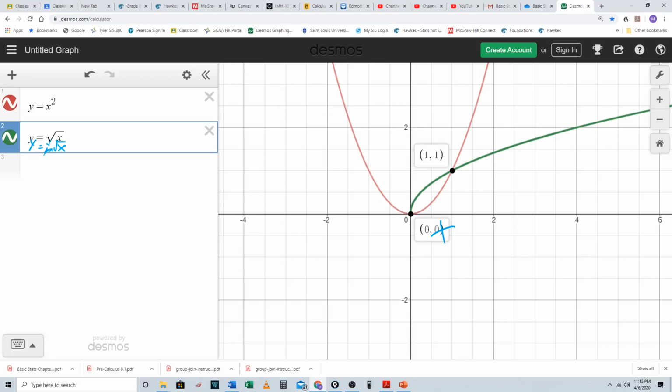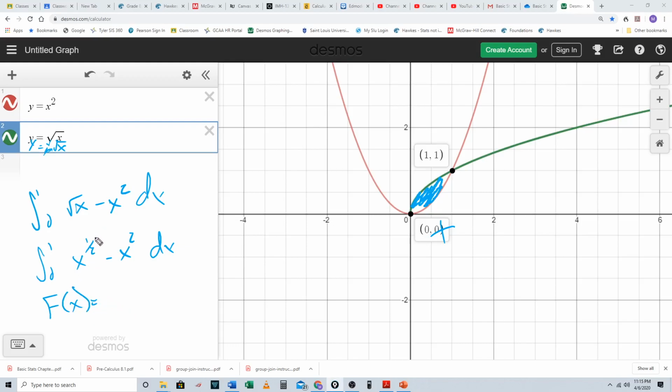So I'm trying to find this area in between here. So it's going to be the integral from 0 to 1, because that's where they intersect, of the greater function. The bigger function is square root of x, minus the smaller function, x squared dx. And again, it might be easier to write it as the integral from 0 to 1 of x to the half minus x to the 2 dx. So antiderivative